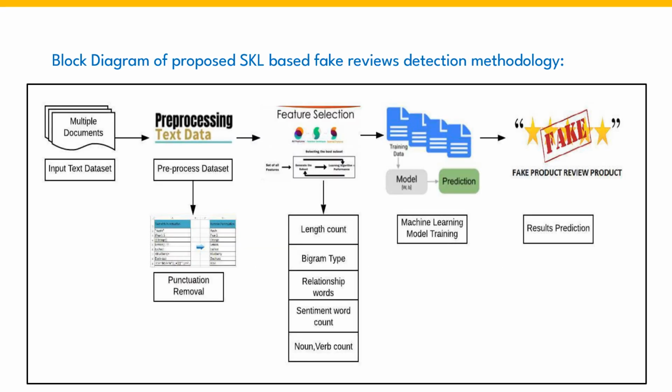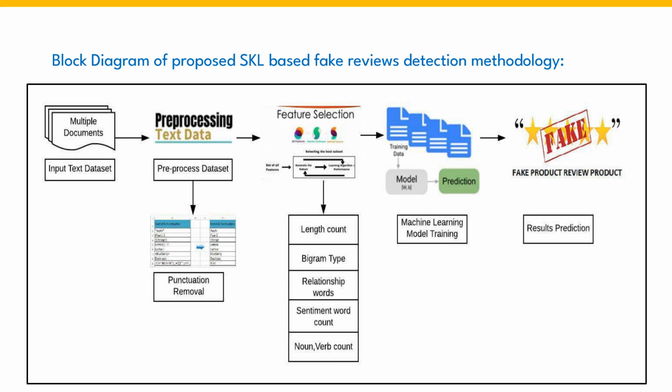And we are going to discuss the block diagram of the proposed scikit-learn based fake review detection methodology. In this research, the authors propose a support vector machine, k-nearest neighbors, and linear regression, known as sklearn based algorithms, for fake review detection in the e-commerce industry. To fulfill our objective, we observe the datasets from review portals and apply machine learning techniques and text classification methods to detect reviews that are not genuinely made.